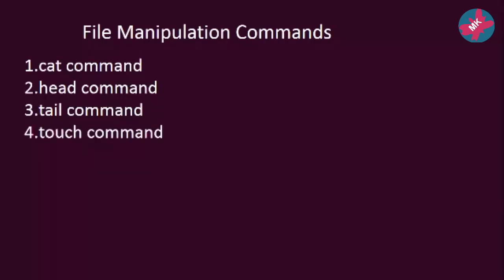Then next is the touch command. This command is used to create empty files. The cat command is used to put content in a file, but the touch command is used to create a new and empty file. Then next is the ls command. This command is used to display the list of files or directories present in the current working directory. We will be using a lot of options for this particular ls command. This command is actually very powerful if we utilize it with options and different attributes provided by the operating system.